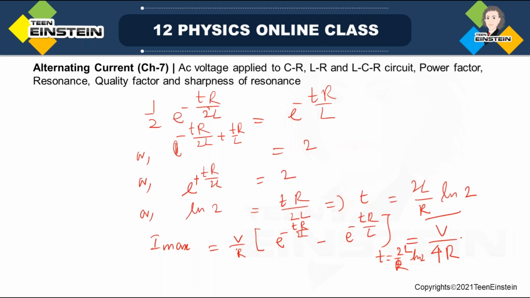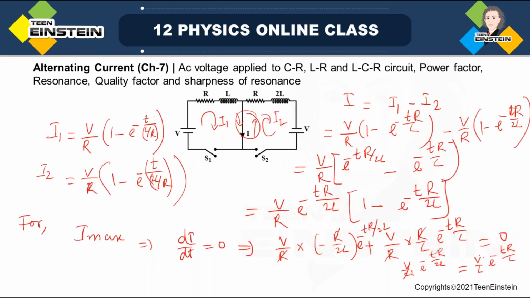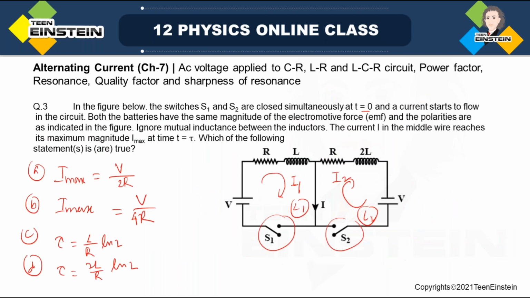So we have here actually two options to be correct. You can see the options were about the time constant, so this option is true, and the Imax is true. Okay, Imax is true, we can see that. And we have another option true, that is